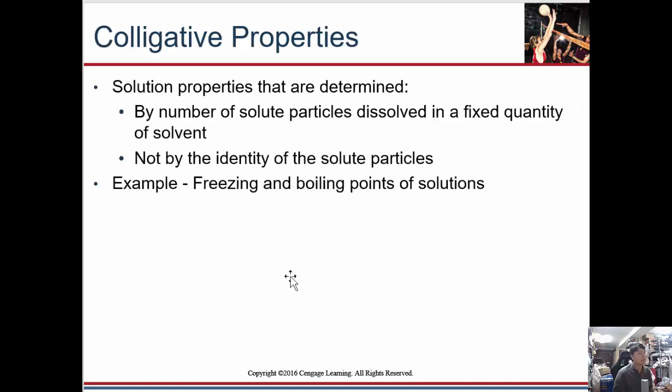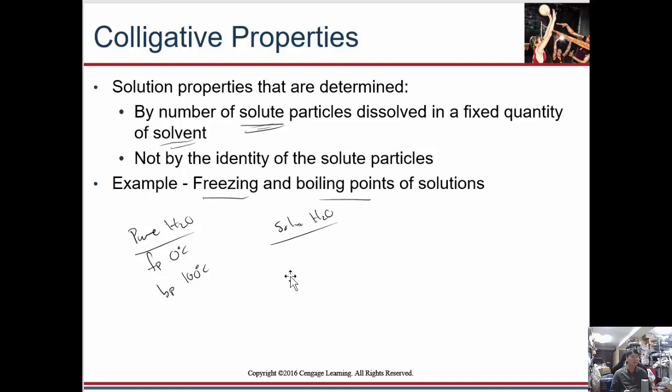However, we will be dealing with colligative properties. Colligative just means a collection of properties that kind of depend on the same thing. And the same thing is what happens when you dissolve a solute in a liquid, like water. What happens to the properties of water when there's solute dissolved in there? And what happens is some of the properties change. For example, the freezing and the boiling point change for water. And so pure water, under normal conditions, has a freezing point of 0 degrees C and a boiling point of 100 degrees C by definition. However, when we dissolve something in that, and so this is an aqueous solution of water plus whatever, the freezing point is actually less than 0 degrees C, and the boiling point is actually greater than 100 degrees C,